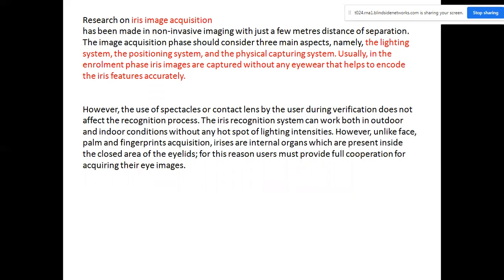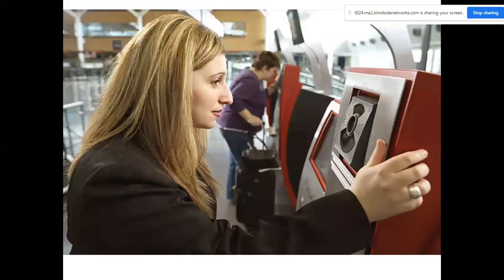And positioning system, what position the people are in when giving the eye image. For example, this setup is available in the international airport, how the humans are giving eye images. Okay. So for recognition purposes, after the people give the image, okay, then the gate will open, they are allowed to travel.